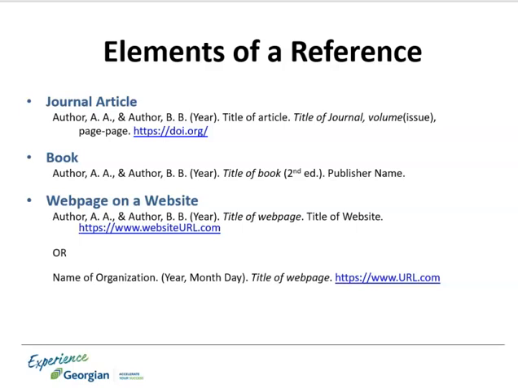If you have multiple authors, you continue repeating this information for each author and separate them with commas, but you always include an ampersand, the and symbol, prior to listing your last author. After your last author, simply put a period to show that this is the end of your author list. Then, in parentheses, you include the year of publication followed by a period.